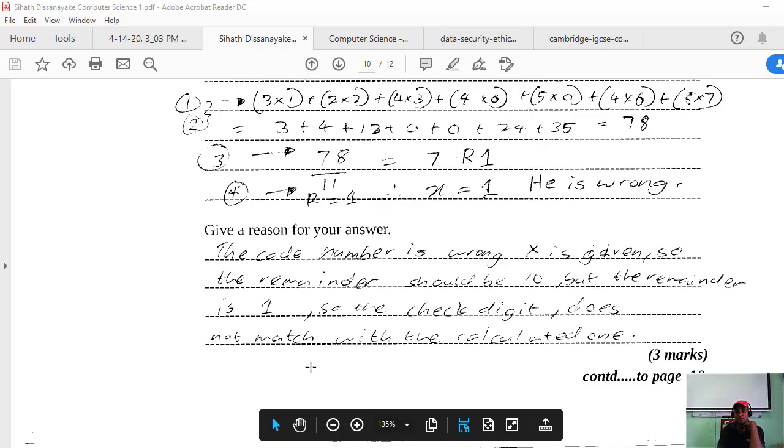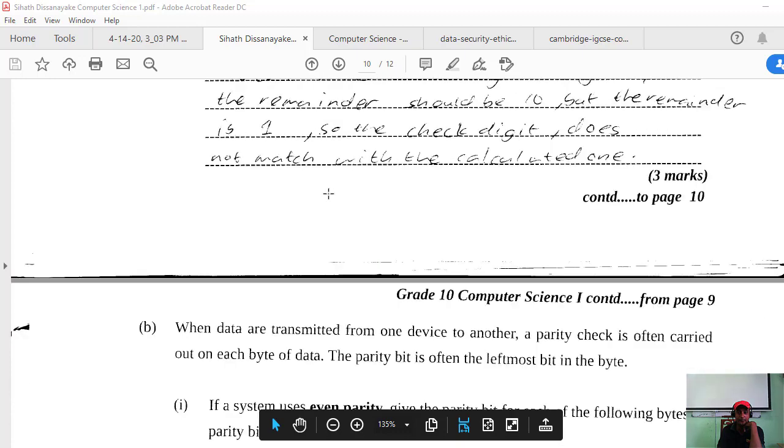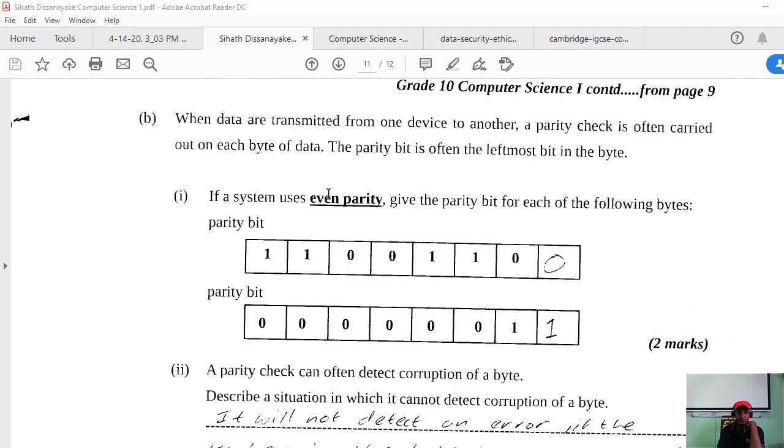What was the total marks you got for this paper, Sihat? No, no, no, I'm asking, this is the paper you have done in school, right?